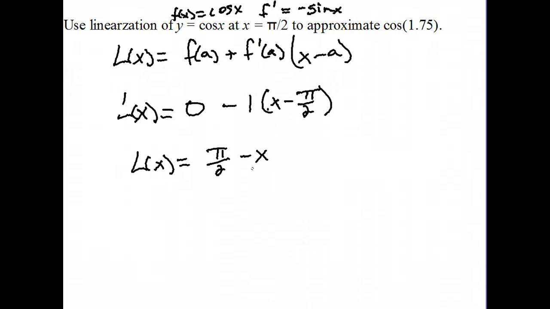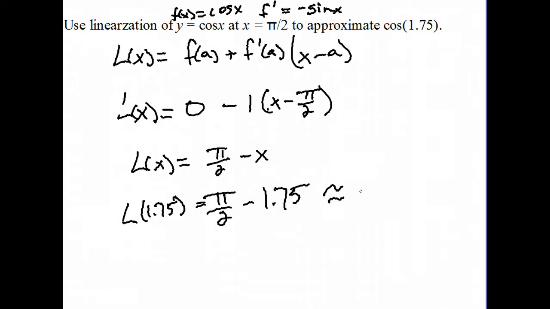So what is this telling us? This is telling us at x values close to pi over 2, so some that are a little above pi over 2 and some that are a little below pi over 2, our function cosine of x acts like the function pi over 2 minus x. So we're going to use this to approximate, well, what is cosine of 1.75? So we can find what is 1.75 plugged into our function L, and that's pi over 2 minus 1.75,